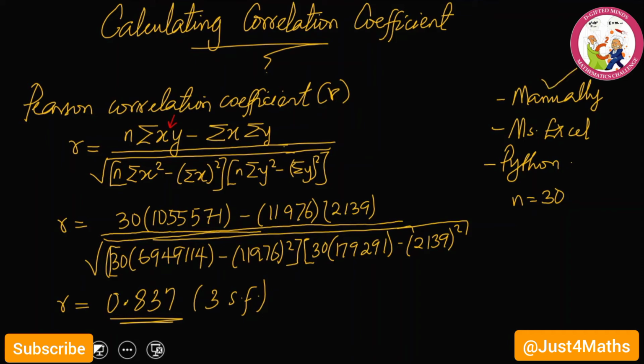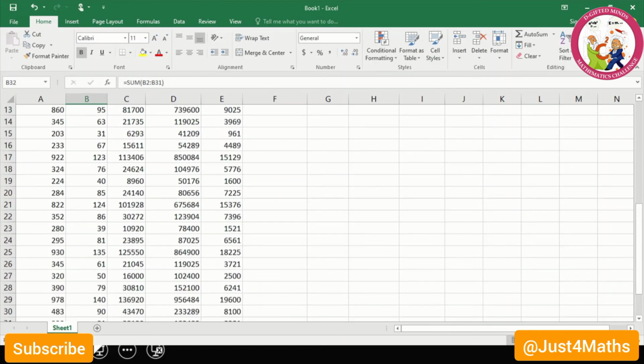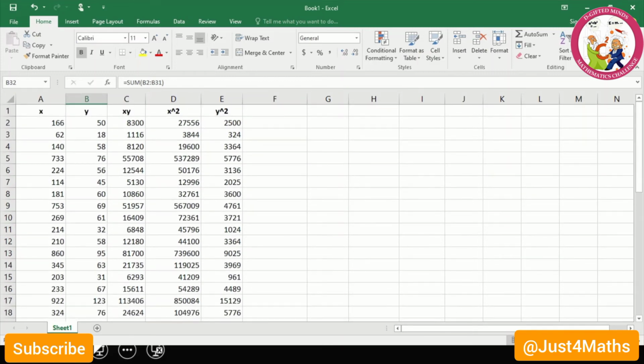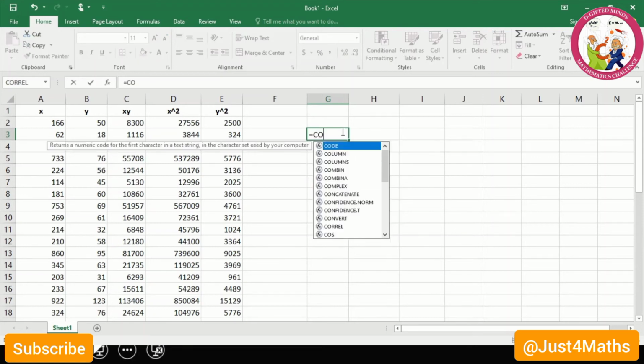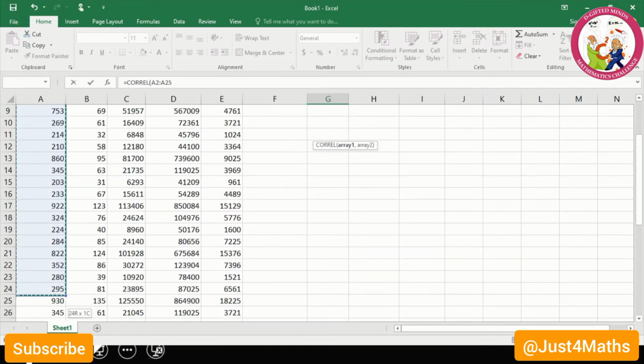Okay, let's see how to compute the same quantity, Pearson correlation coefficient, in Excel. Let's go back to Excel. Okay, how do you compute? It's just very straightforward and easy. All you need to do is select the cell you would like to obtain the value. Type your equal to sign and type CORREL, open bracket, select the cells containing the values of